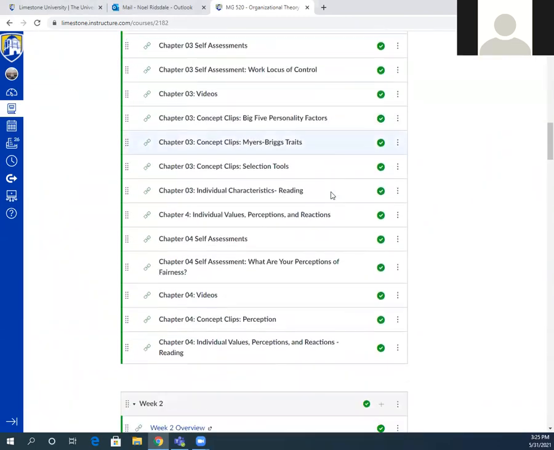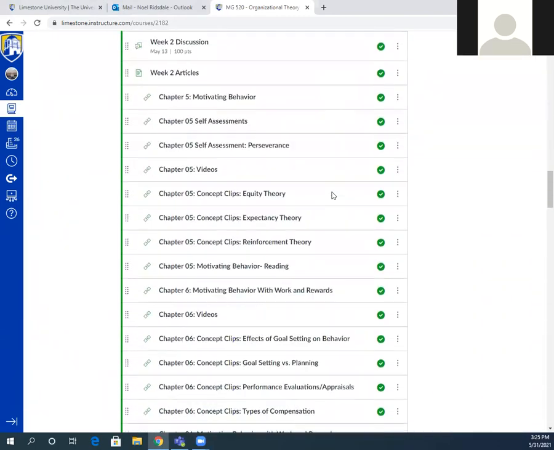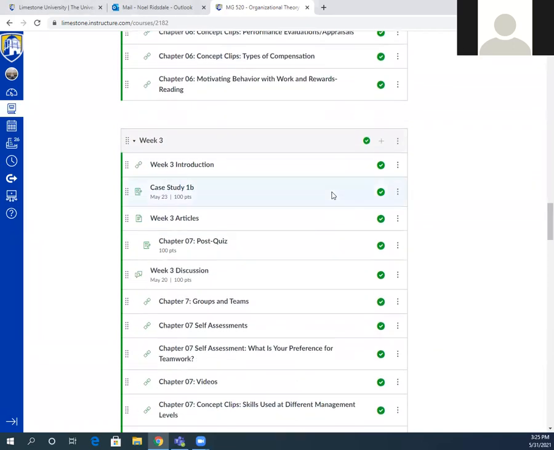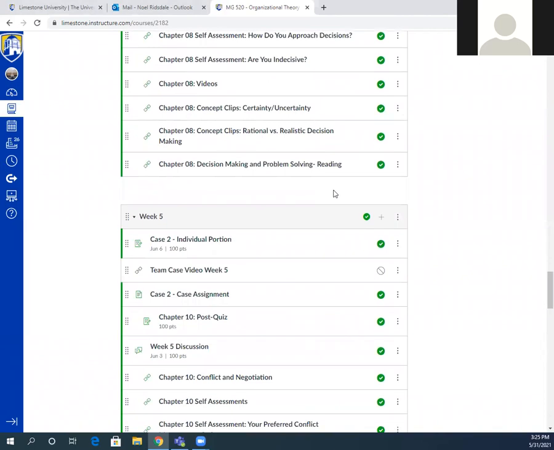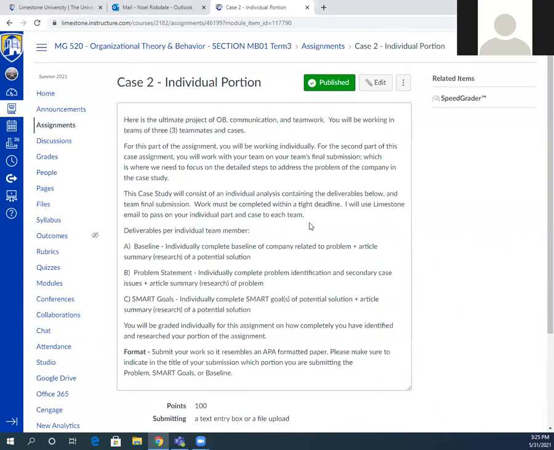Week 5, in your case, it's an individual case. Well, it's an individual portion of the team case. What I mean by that is that you're going to complete this case halfway, kind of like we did before. So you're going to immediately go ahead and put out a baseline,